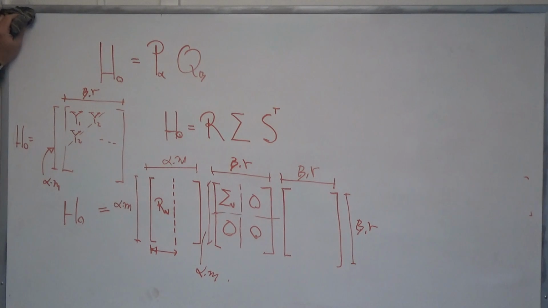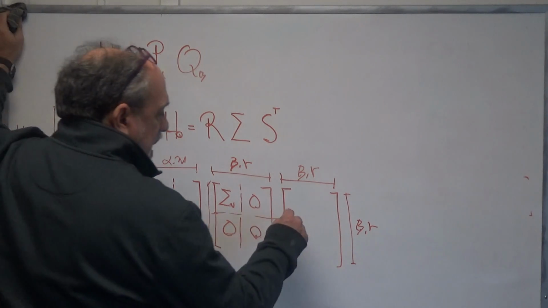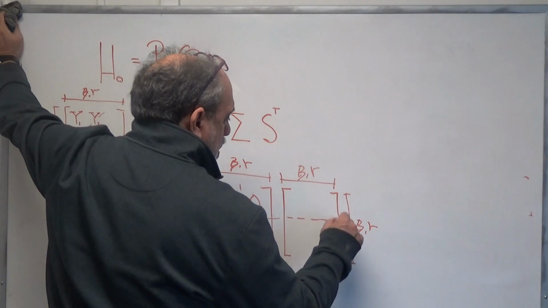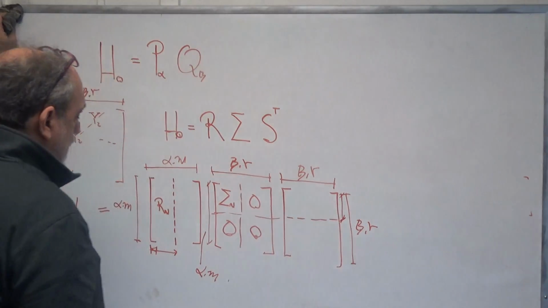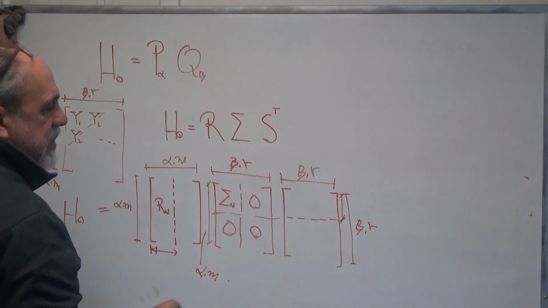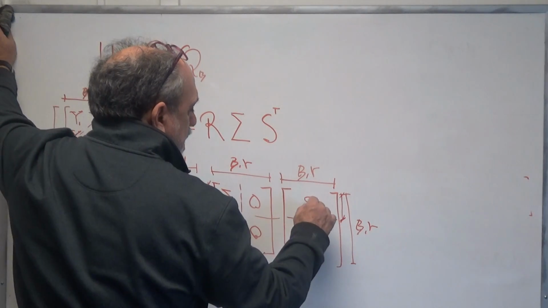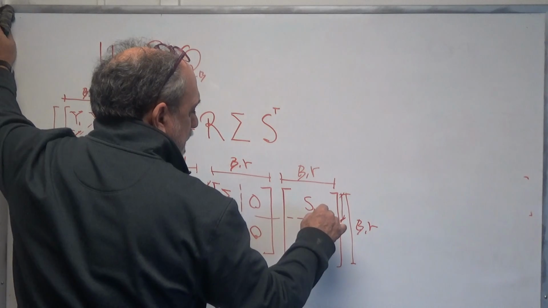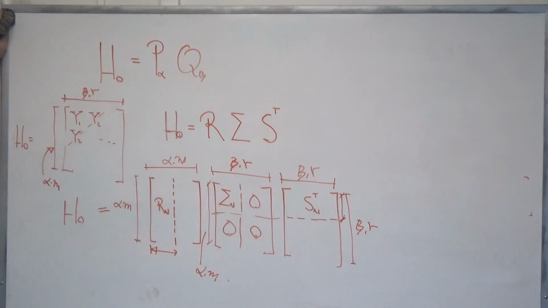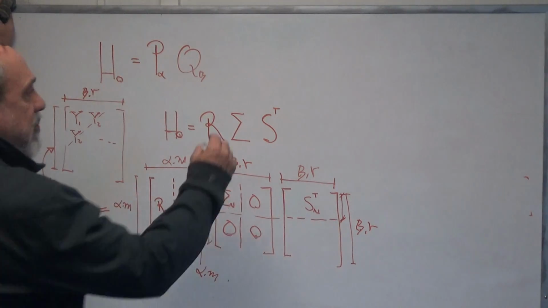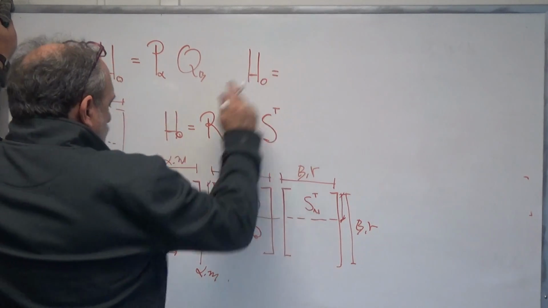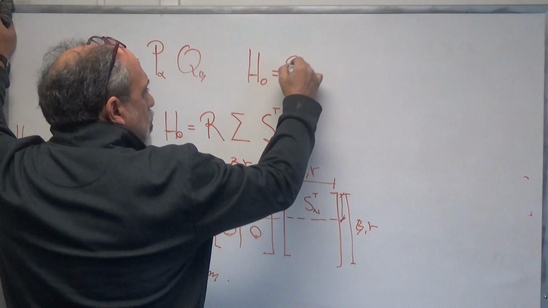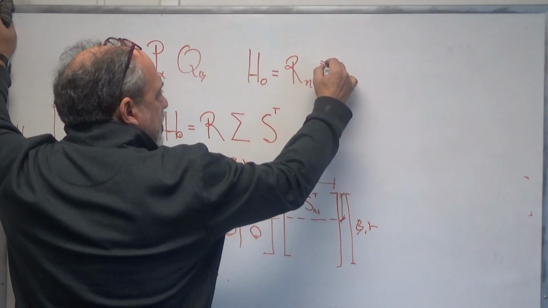And then we can also convince ourselves that it's only the first n rows of S that matter, let's say the first n columns, and this is Sn transposed here. So we find therefore that H0 is also equal with these multiplications to Rn sigma n